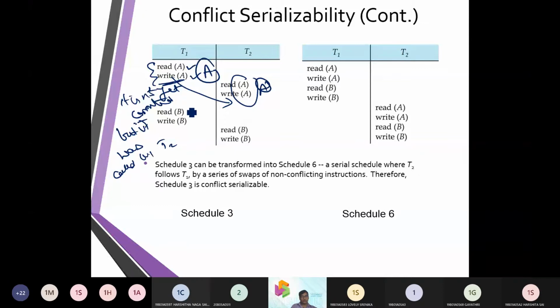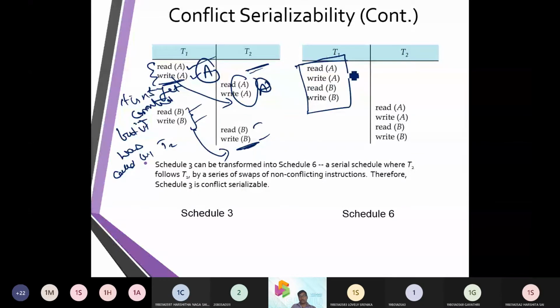Again, T2 started working with B, and B was again called by T1. The same set of reads and writes is invoked by T2 also. So again, it is a conflict. When there is a concept called serializability, we should see that no such conflict happens. Now, how is it going to be handled?